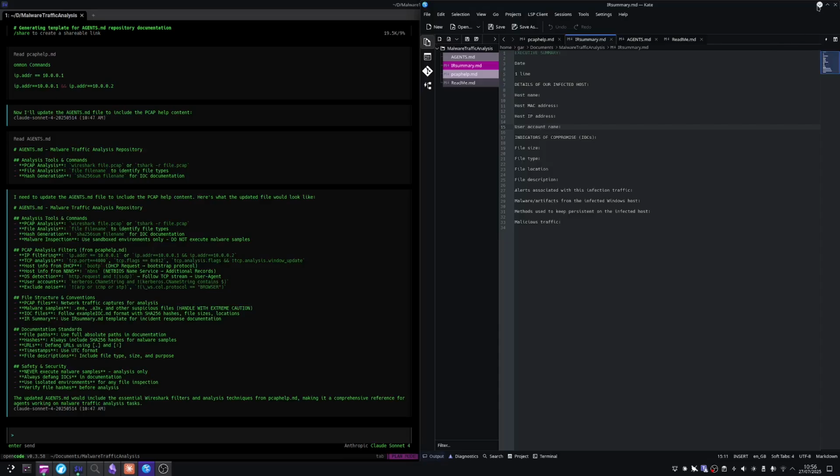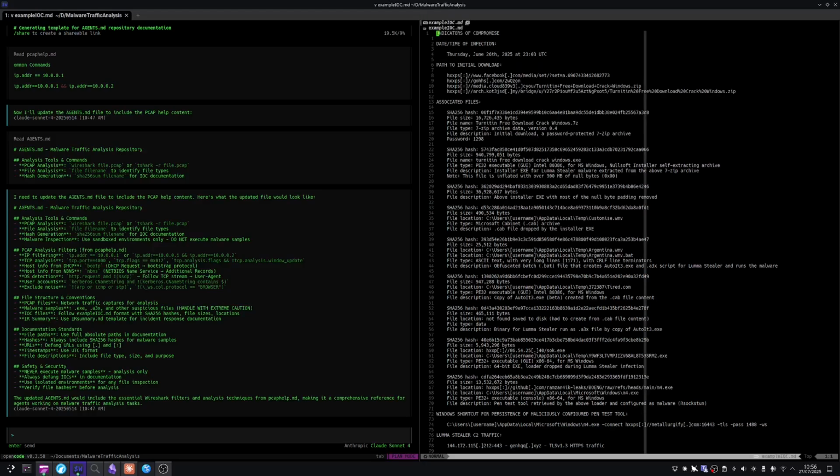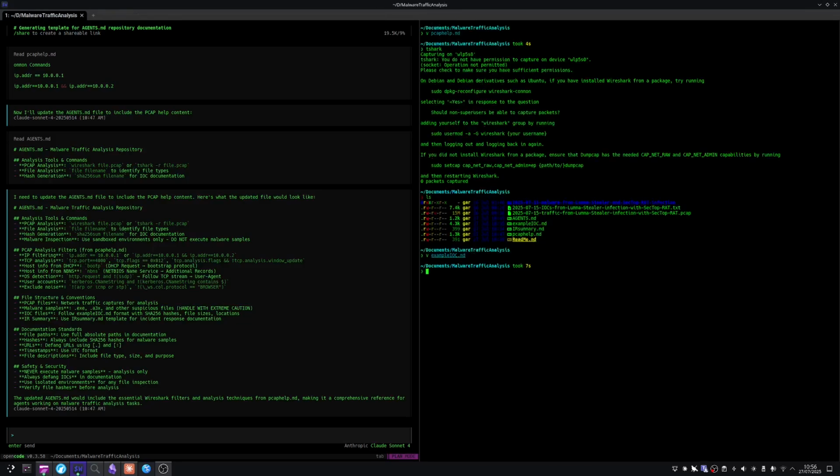And then I've also given it an example. Let me show you. An IOC summary from a previous exercise. It just shows it how to display an IOC file. So it's going to be prompted to do an incident response summary and an IOC document, and we'll see how good it does. I guess I will have to go through afterwards and vet it. So now let's